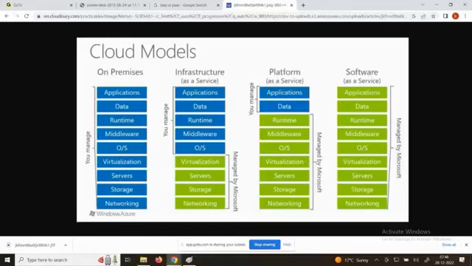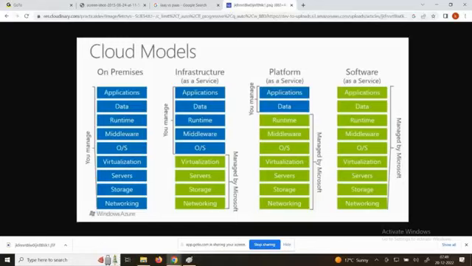But what is this one? Infrastructure as a service. Write it down. EC2 instance is infrastructure as a service. EC2 is equal to infrastructure as a service. What is the meaning of the blue color and this color? Yellow color versus blue color. Yellow is taken care of by AWS.